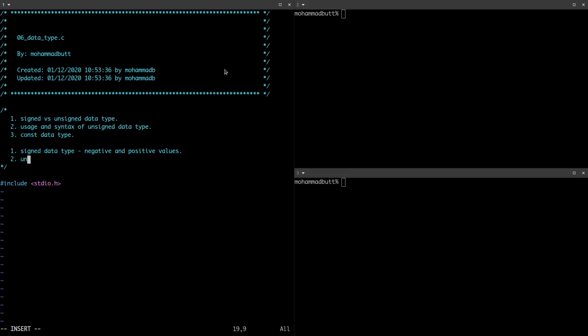And an unsigned data type can only have positive values. So now what I will do is we will put together our main here,